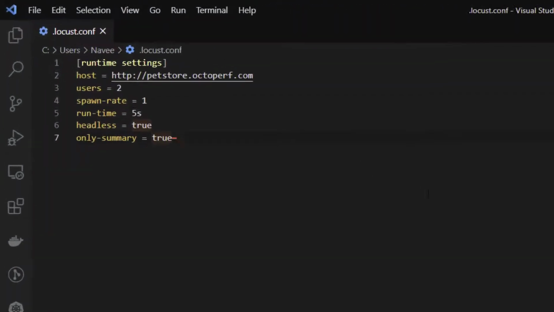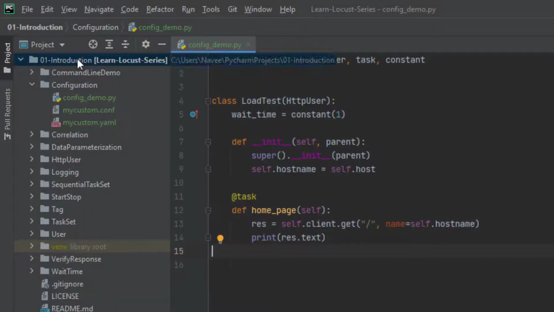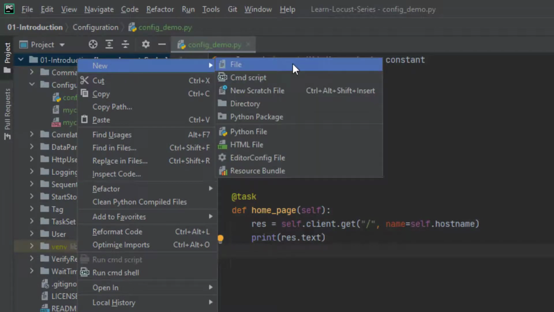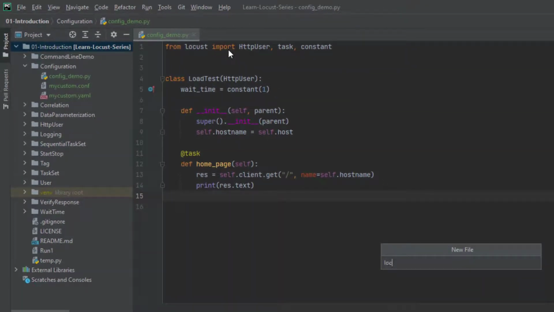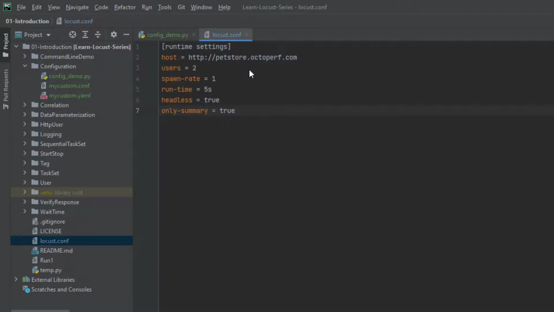Now let us create the same configuration file in the project directory. Copy these settings and go to PyCharm and create a configuration file in your project. So just right click on your project folder and select new file and name your file as locust.conf and hit enter and paste the configuration.